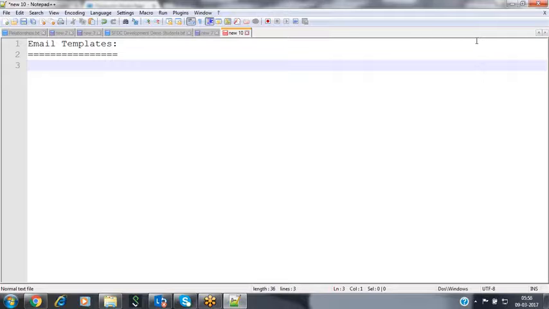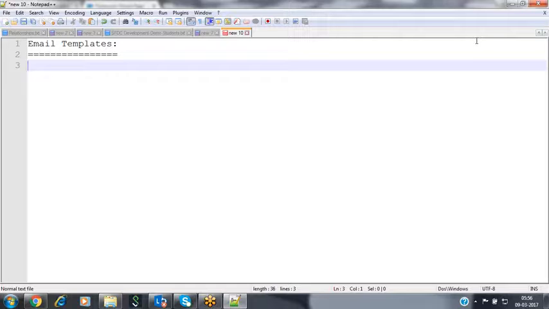For that, Salesforce has introduced a feature called email templates. These email templates are also called communication templates. In order to communicate with your employees, partners or end users, we are going to be using these communication templates. By using these communication templates, we can send an email notification to the people. It may be one person, it may be multiple people also.